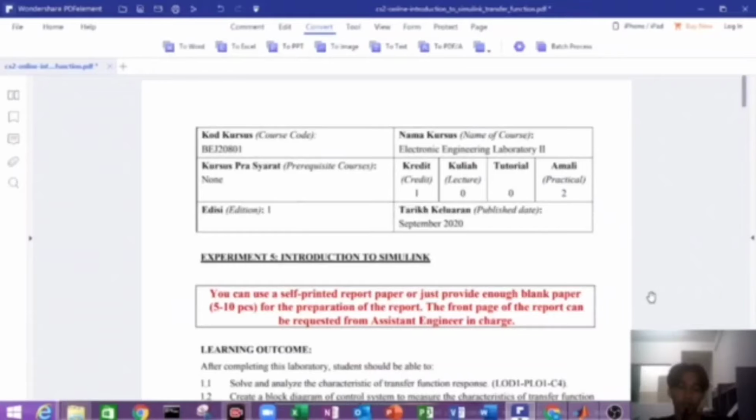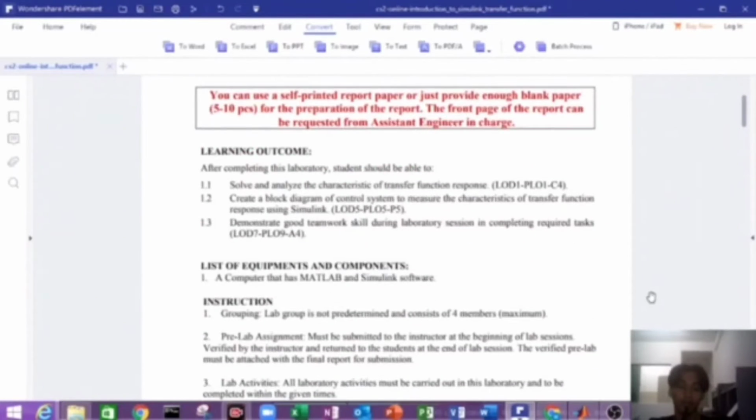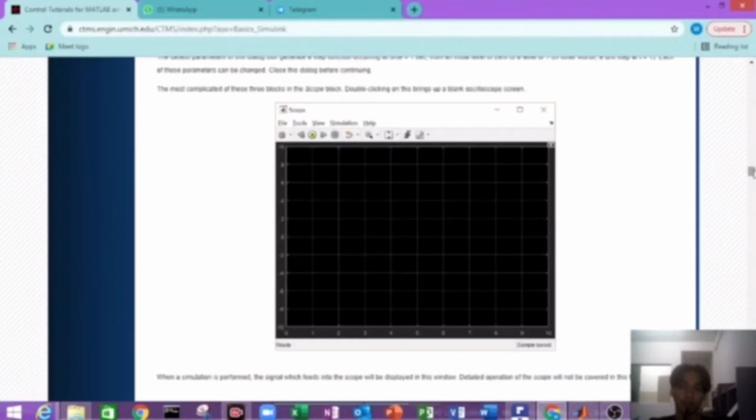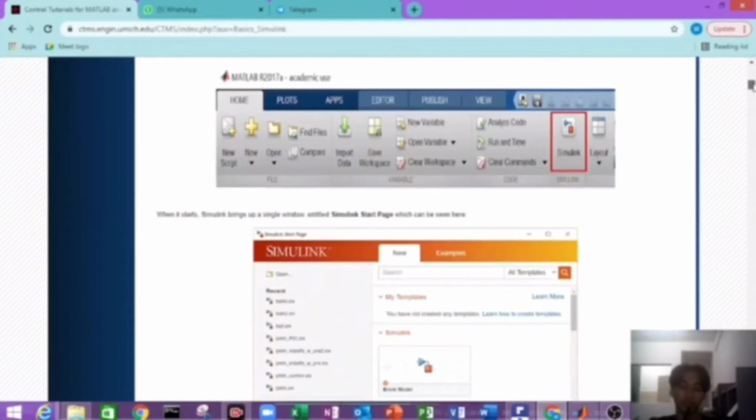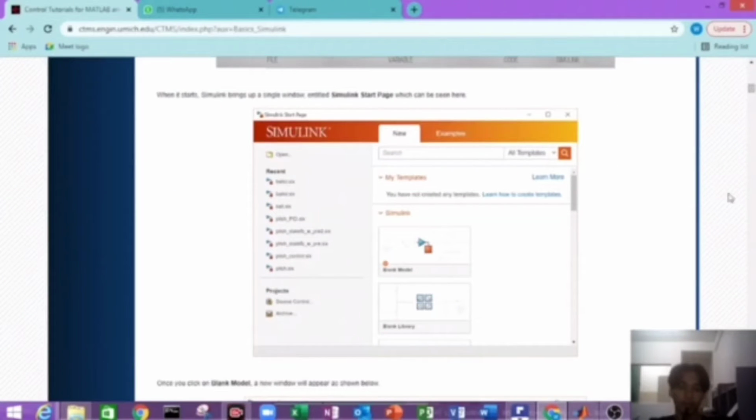This is about experiment 5, introduction to simulating. Okay, for the first part, Part A, we're going to follow the tutorial. Okay, this is the tutorial. For Part A, open MATLAB and then open Simulink. After that, the blank model,